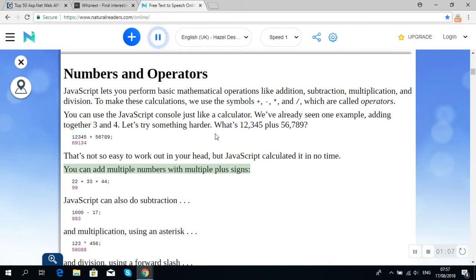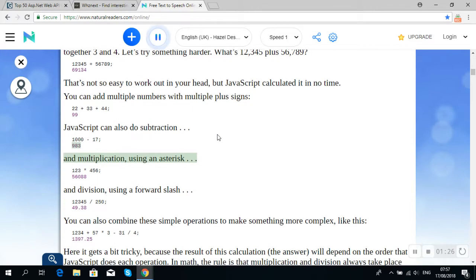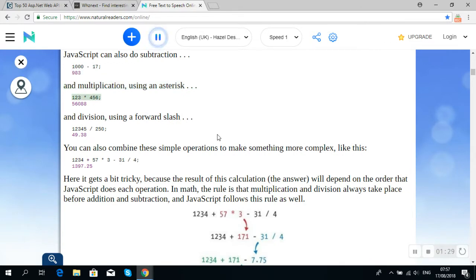You can add multiple numbers with multiple plus signs. 22 + 33 + 44 is 99. JavaScript can also do subtraction. 1000 - 17 is 983. And multiplication, using an asterisk. 123 * 456 is 56,088. And division, using a forward slash. 12,345 / 250